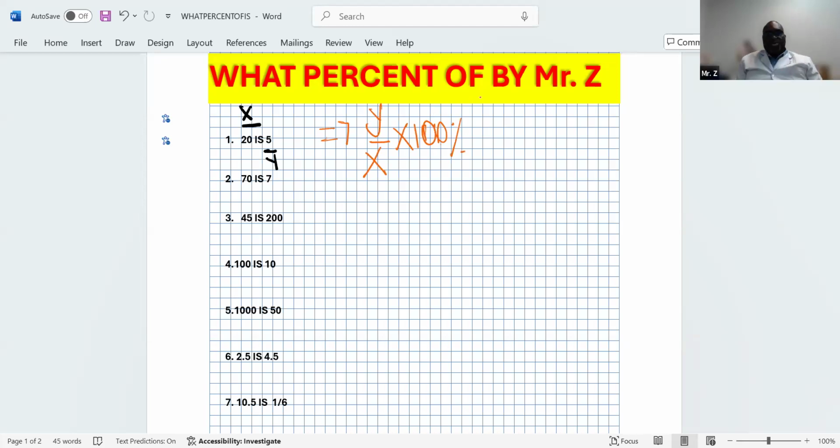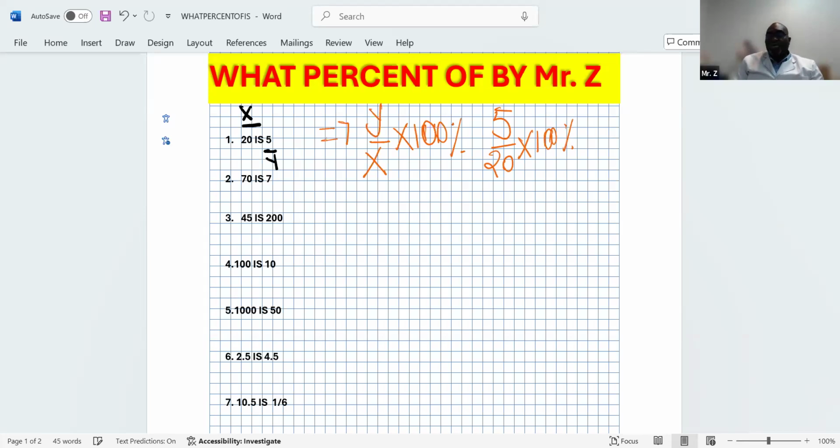All right, let's go. We are trying to find what percent of 20 is 5. Is it 10%? Is it 15%? This does not mean what is 20% of 5. No, they are not asking you 20% of 5. They are asking you what percent of 20 is 5. So you're going to take the second number, which is 5, divided by 20. Do not forget you have to multiply that by